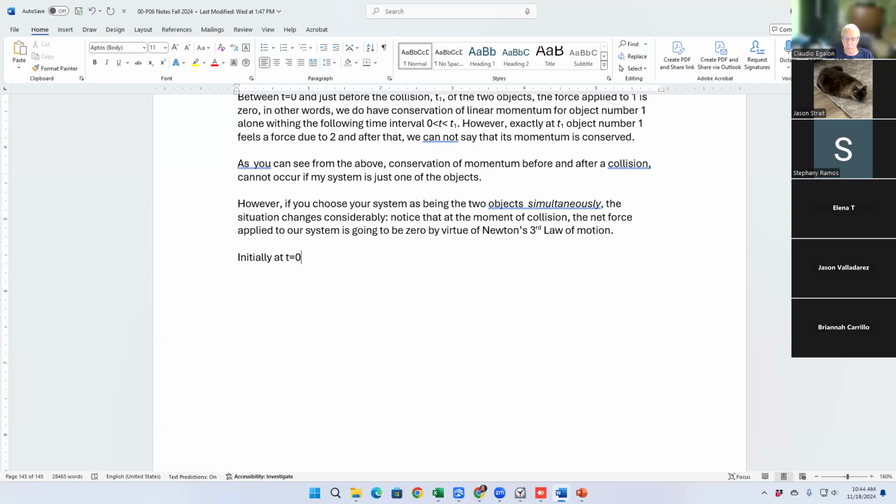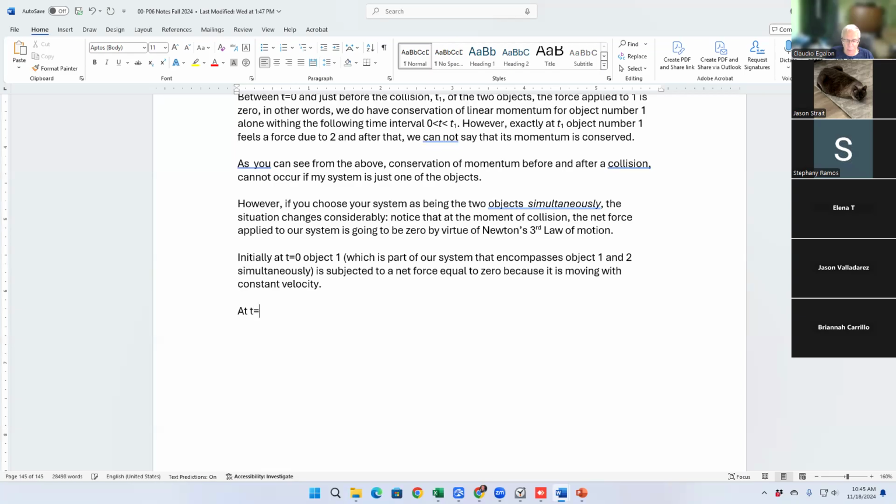Initially at t equal to 0, object one, which by the way is part of our system that encompasses objects 1 and 2 simultaneously, is moving, is subjected to a net force equal to 0 because it is moving with constant velocity,